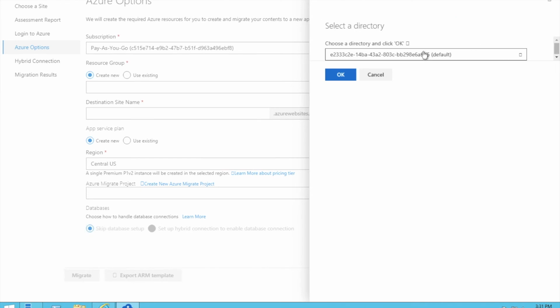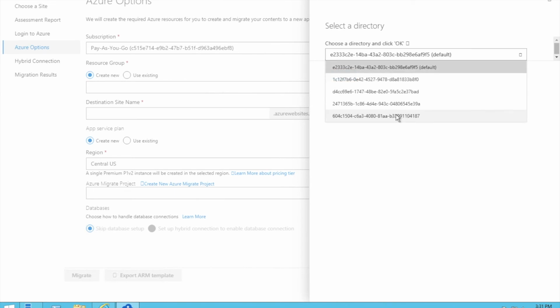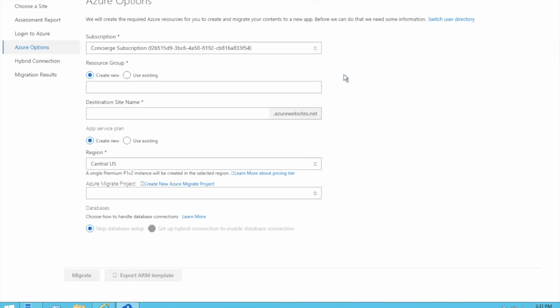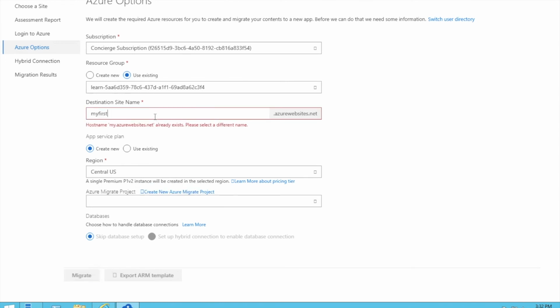So I am clicking on switch directory here, and I am going to select a different directory now, and I am going to use a different subscription here. So here resource group, I am going to click on use existing, and already there is one existing resource group selected. Destination site name, here I am going to give a new site name. So I am going to give a site name like my first web app on Azure,